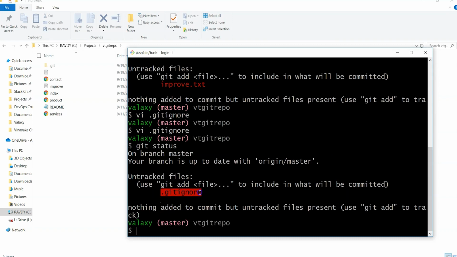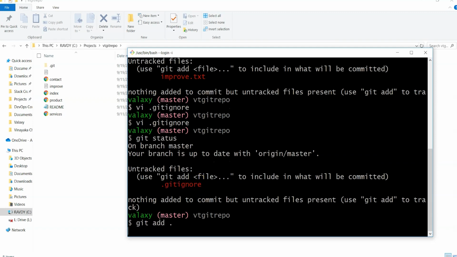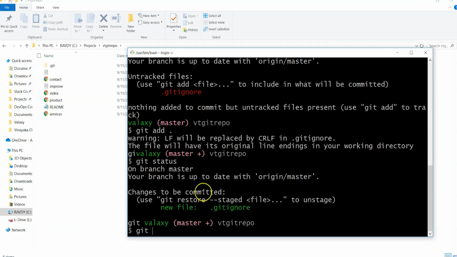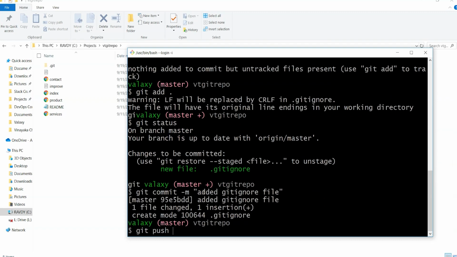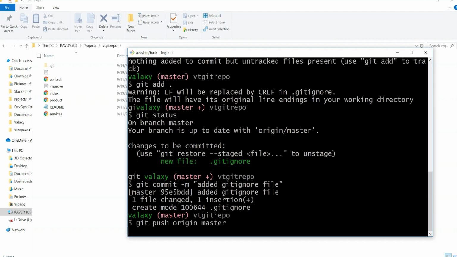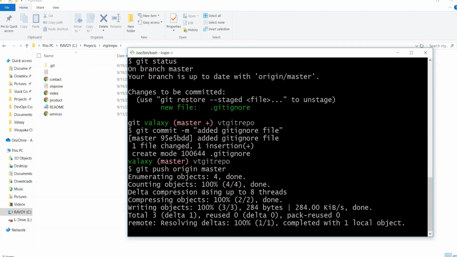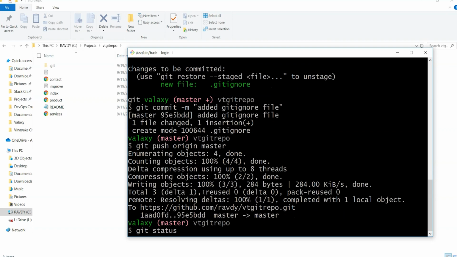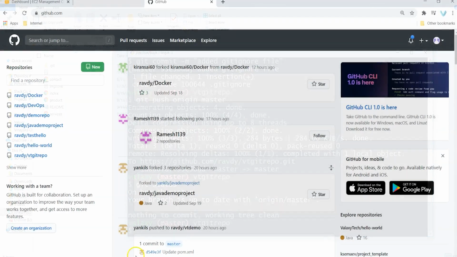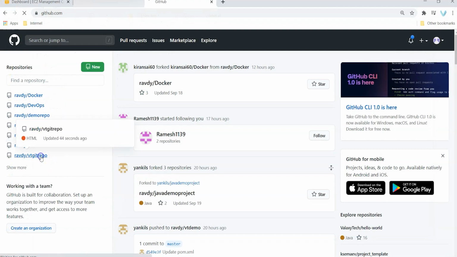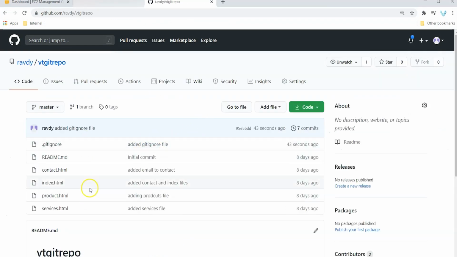We can just see the .gitignore file, but we need to commit this .gitignore file. Now let me commit this. Git status, git commit -m added gitignore file. Okay, git push origin master. So I have committed my changes, and if I check git status, nothing is there. But if I check my repository, Veloxy Git repo, here you cannot see that file